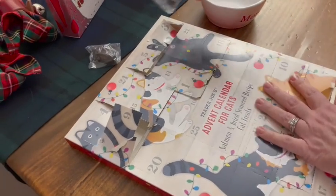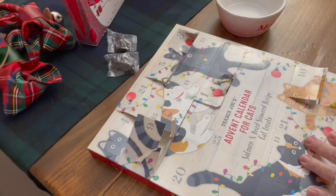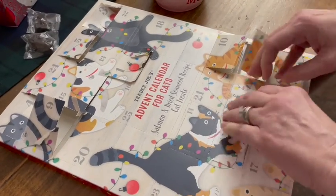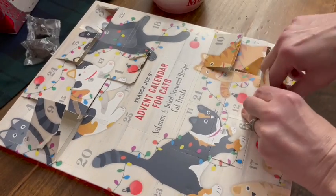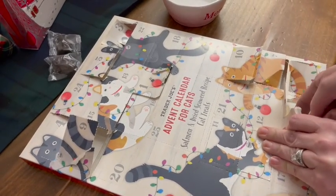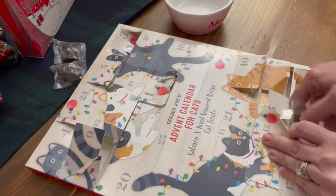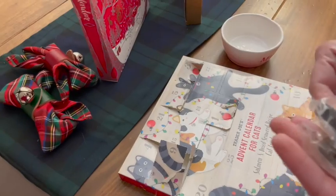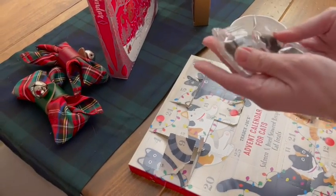Treats. All treats. They're all the same treats. 10, 11. But the cats like them. We're not going to give them to them. And treats. Did you get any shapes or just treats? Well, the first one was this. Okay, all right, now we're going to go to the white chocolate